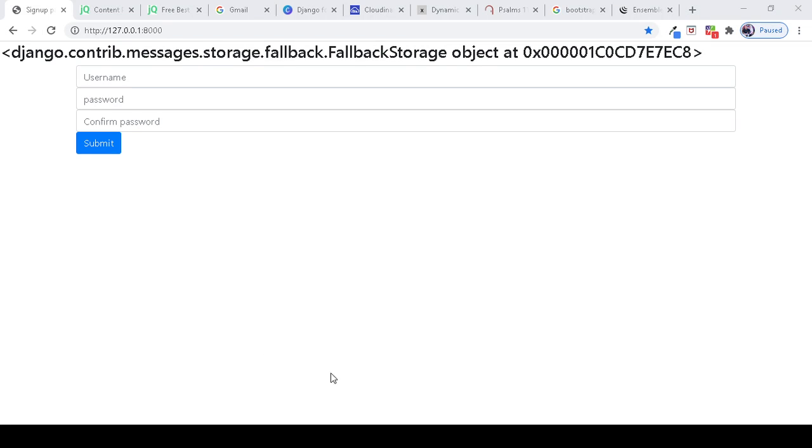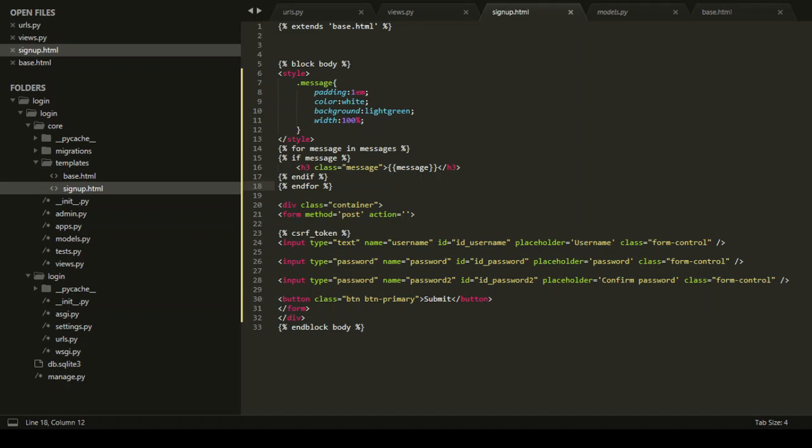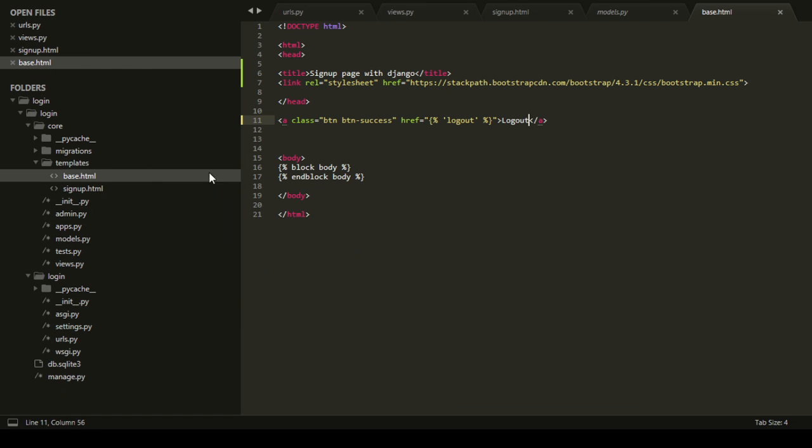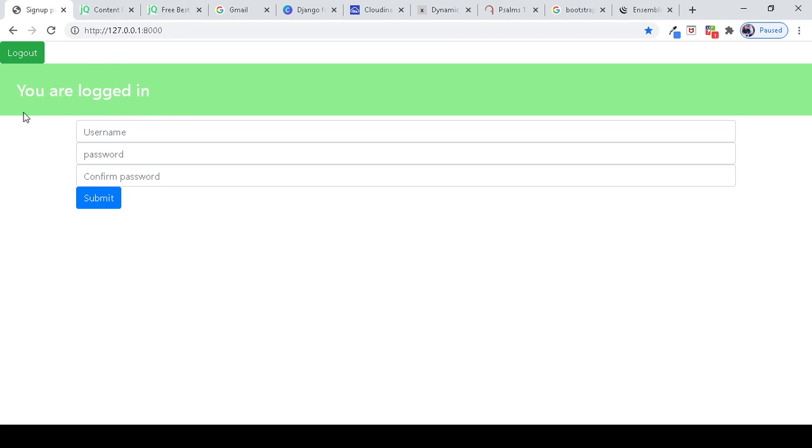Let's go to our Chrome, refresh. Okay, I think that's my page. Please go to our page. Oh yeah, so it's the URL. Now you can check that out. Yep, there you go. So you are logged in, and if I log out,